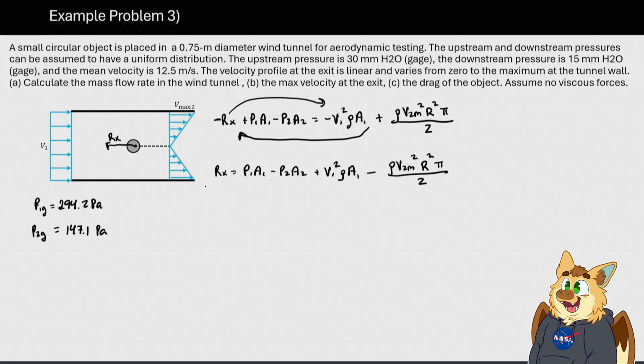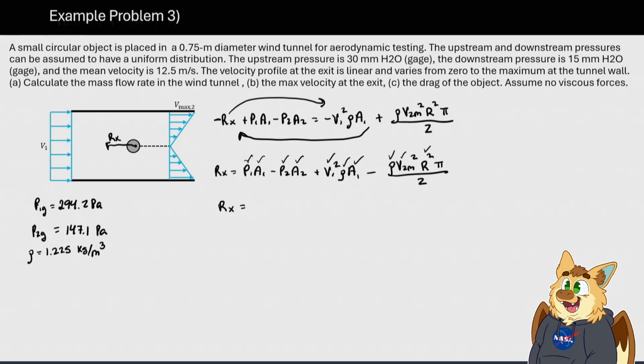If you plug and chug appropriately, we'll see that P1 gauge we have, area we have of our pipe, we have P2, A2 is just equal to A1. Density for air, I'm going to write that down as well. That's going to be equal to 1.225 kilograms per meter cubed. We have our inlet velocity, which is 12.5 meters per second. We have area, density, velocity, radius, and we should be good. So basically, plug and chug all of our known values, and you should get Rx is going to be equal to,